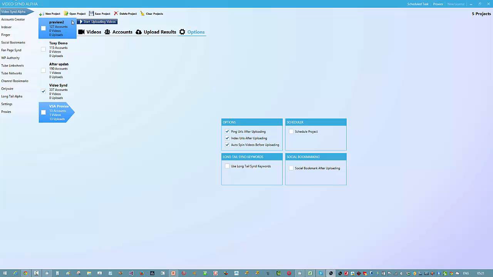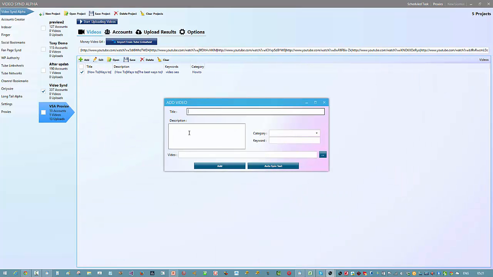And if you do your spinning and things properly, in your video section here, you can spin your title, you can spin your description, you can spin your tags. Then you'll be able to get a brand new video that looks different in every way. You'll have a different title, different description, different keywords. And don't forget, you can just simply type something in here for the title, simply type something in here for the description, or grab a description or an article or a press release or anything and put it in here. And basically you can click on here and auto spin the text, and that will work if you are